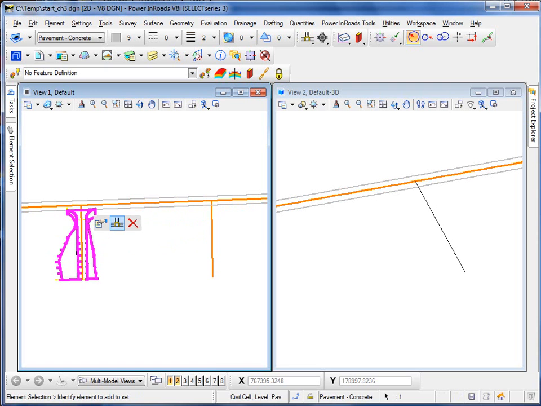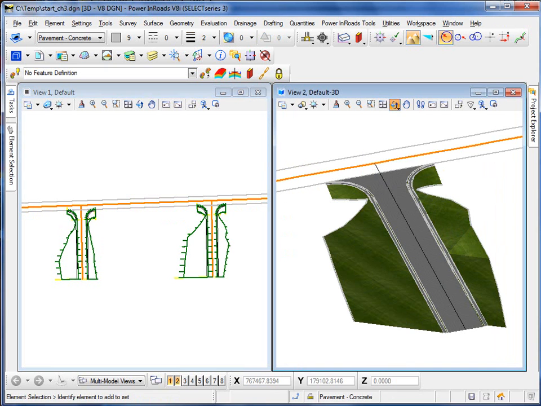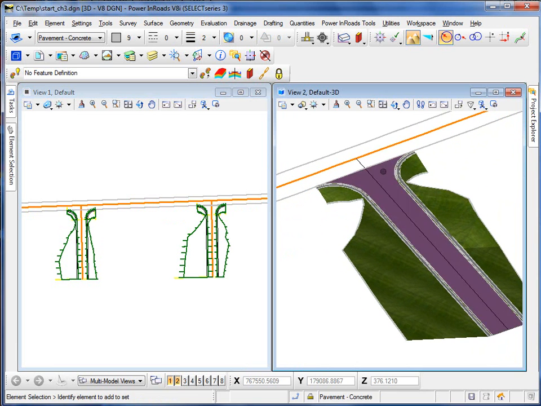Now I'm going to grab this here, and I'm going to do a place civil cell. And so we'll identify our first alignment. We'll identify our second reference there. Okay. You'll see our dynamics will come in to show us, and of course everything looks good there. I'm going to reset, and then I'm going to accept the civil cell. And of course, what we'll see here very nicely is that civil cell is completely picked up and moved in along that driveway, which includes not only the 3D geometry, but also if we move in here,